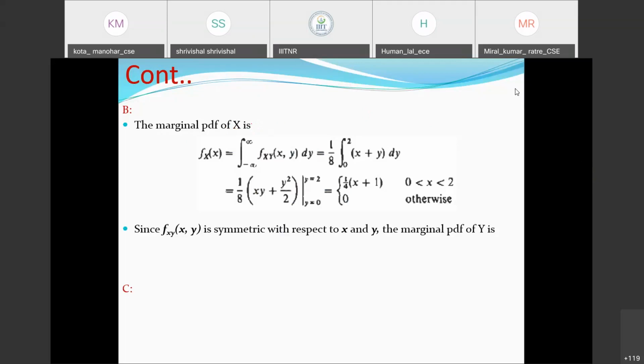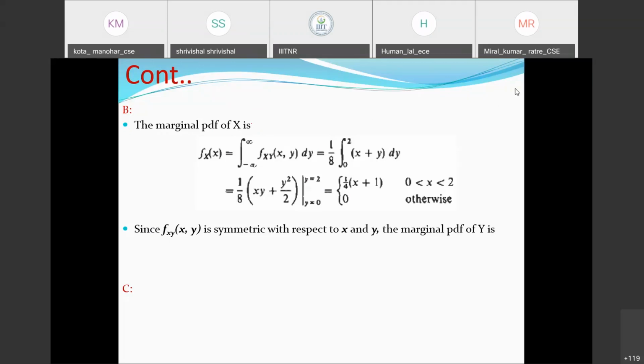What we have discussed earlier is that the marginal PDF could be found from the joint probability density function. This was the concept when we discussed marginal probability density functions, and we discussed it very thoroughly. In this problem statement, we are already aware of the joint probability density function. So we need to simply find the marginal PDF for x here. So it was simple.